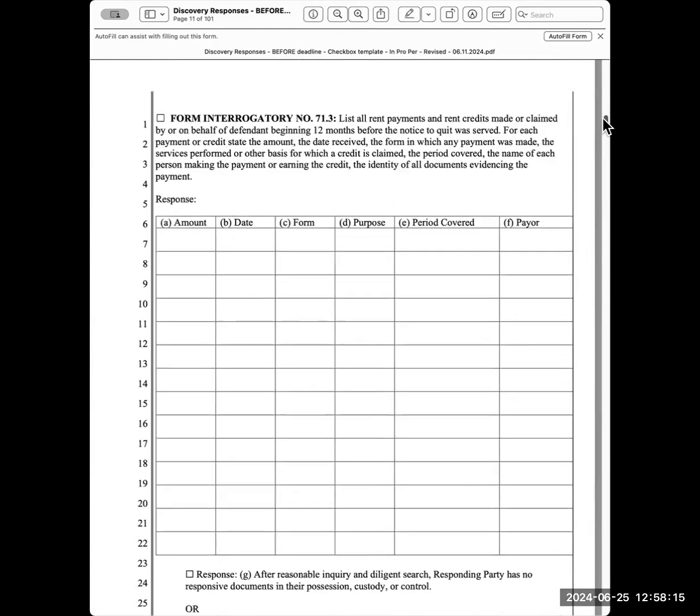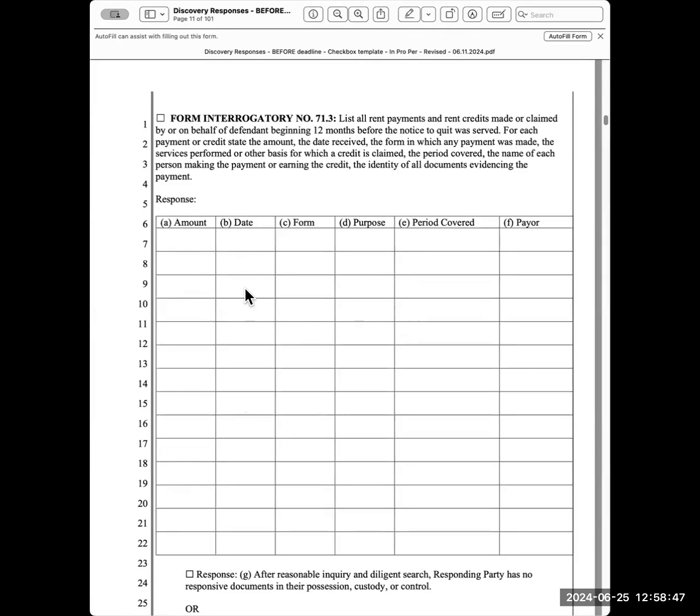$71.3 is pretty straightforward, but time consuming. It's asking you to list all rent payments and rent credits made or claimed by or on behalf of defendant beginning 12 months before the notice to quit was served. That means you look not at today's date, go by the date of the notice and go 12 months back and cover all those months and put them in one at a time into the chart, all the rent payments you